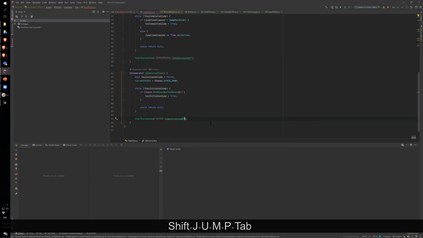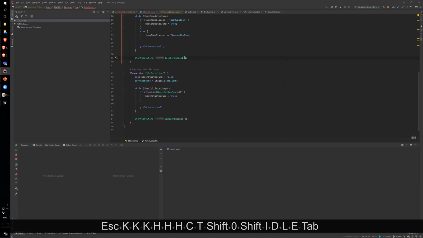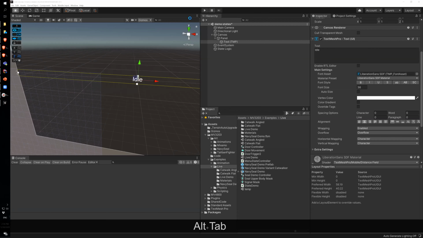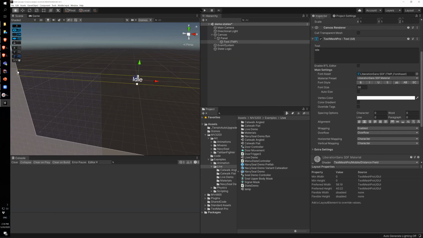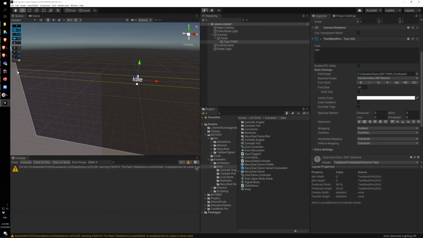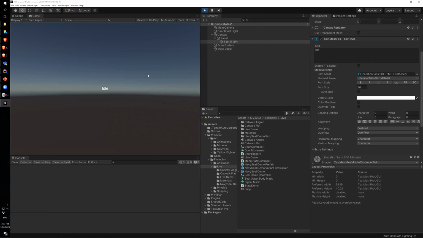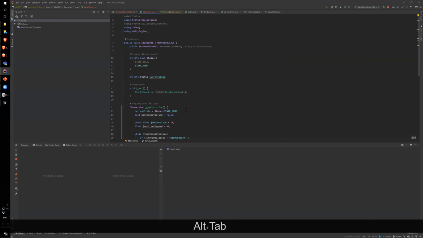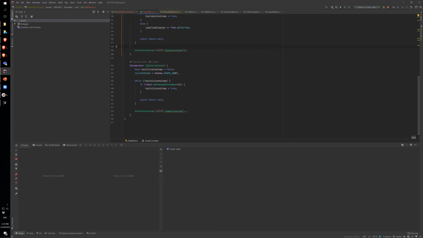So jump coroutine. Idle coroutine. Let's try that. Or maybe it was working. Was I actually forgetting to set things? I guess,